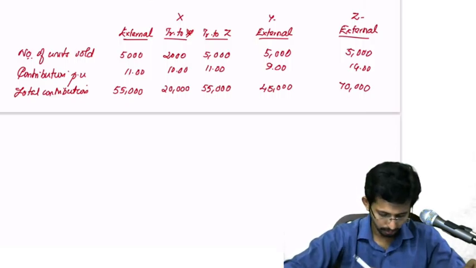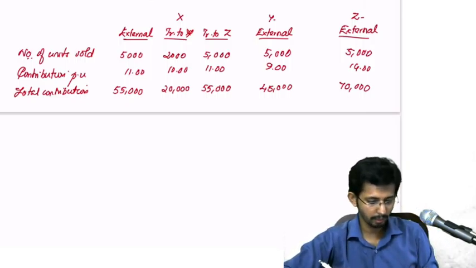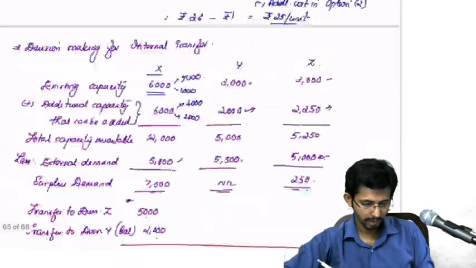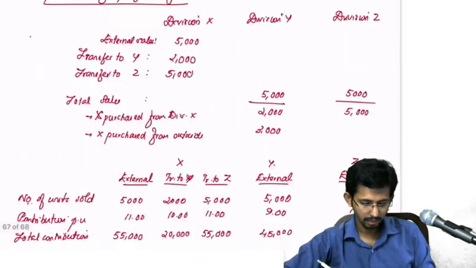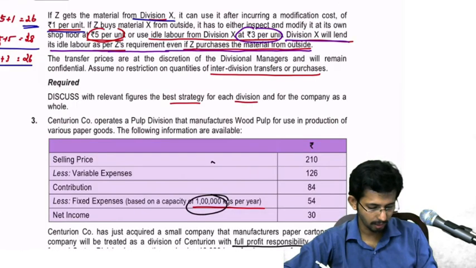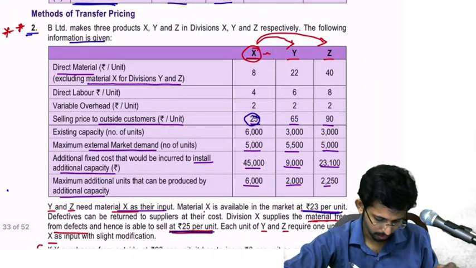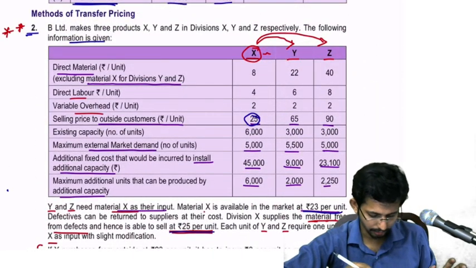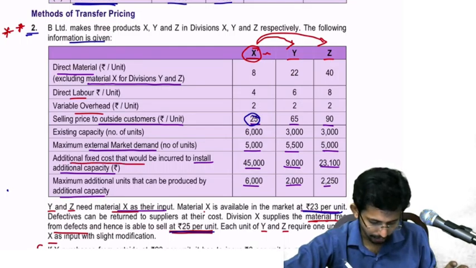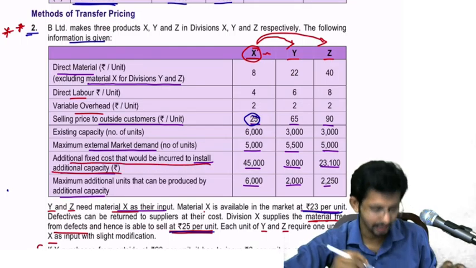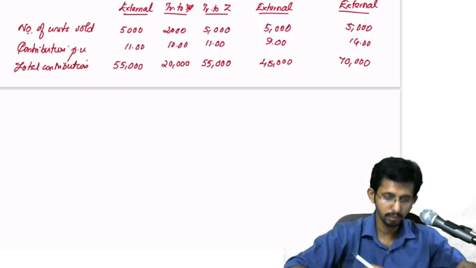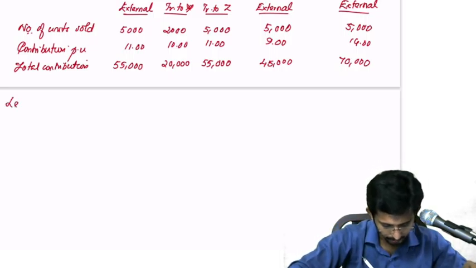Now what you have to do, you have one more piece of information here. What is that? Do you have any information regarding the fixed cost? No, there is no information regarding the fixed cost. Only you have the additional fixed cost that is required to install the additional capacity. So you compute that. Okay, less